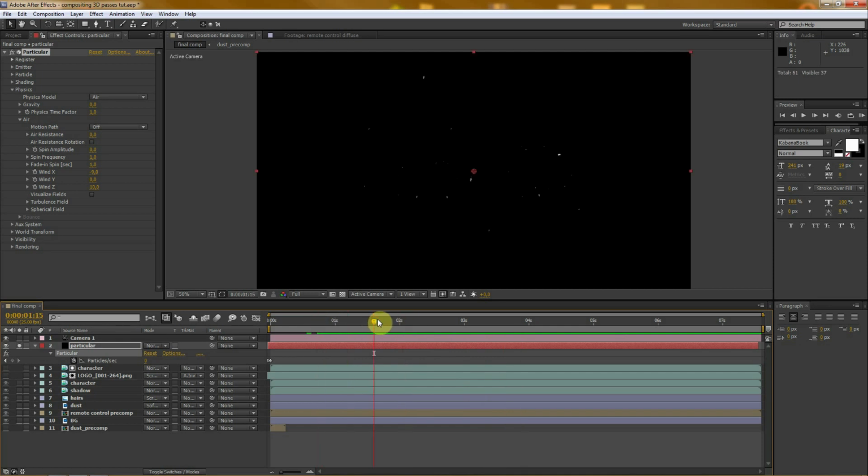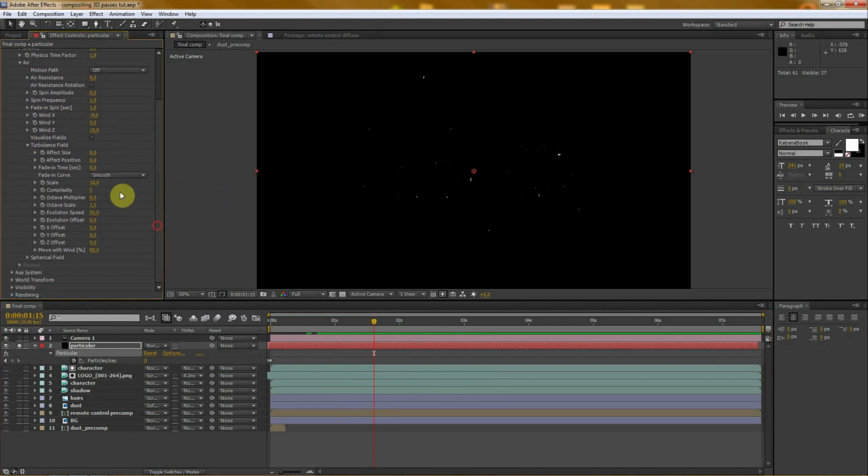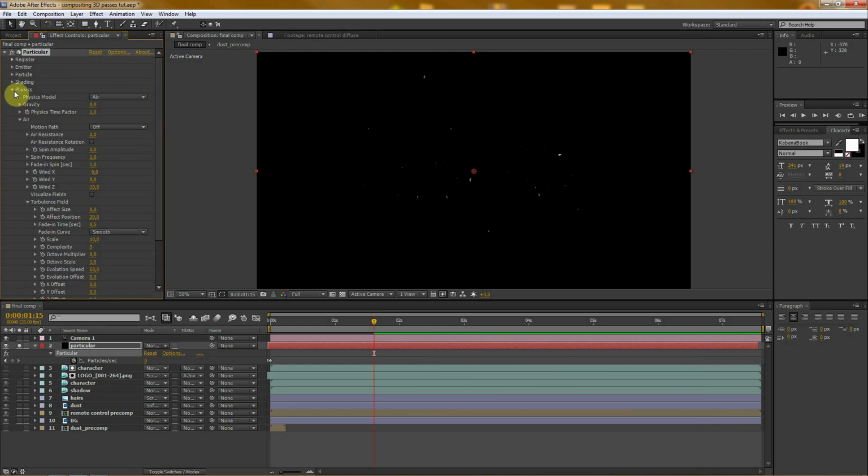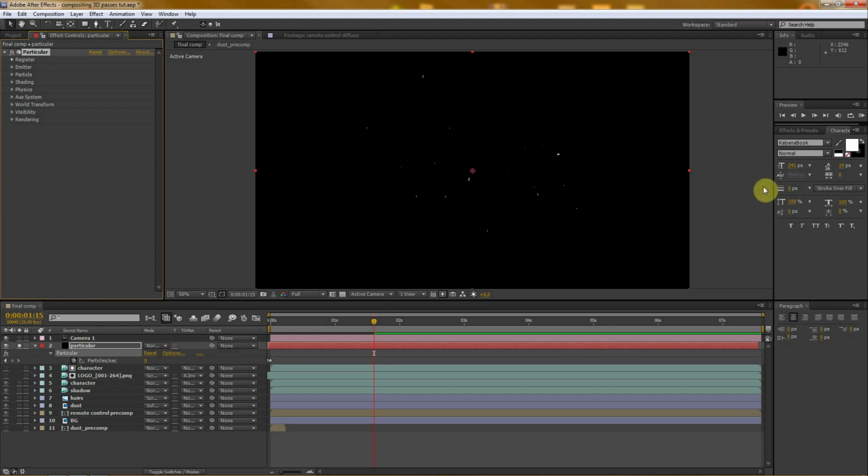And now we have to set a turbulence field, and we want to affect the position of the particles. So try 20, for example. Preview it again. I think it's okay. And now we need to just set our world